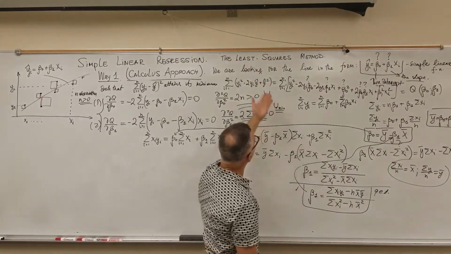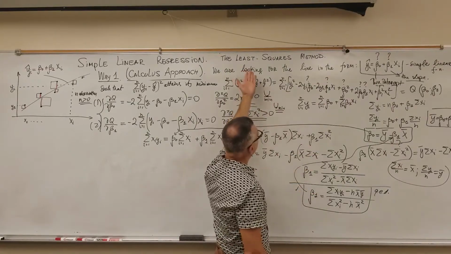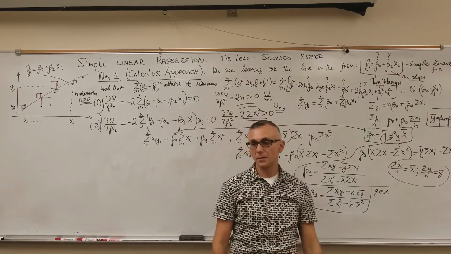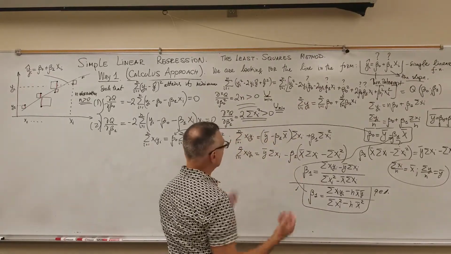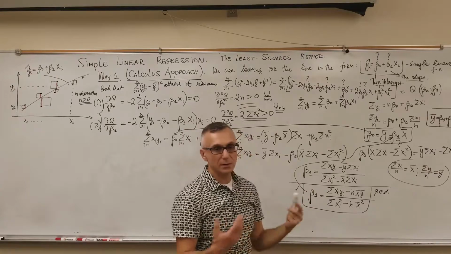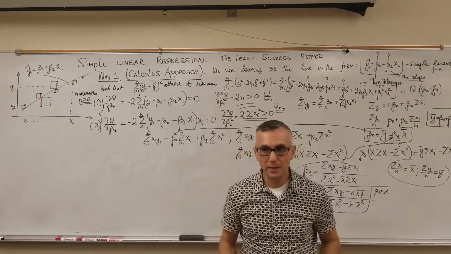And this will be the line of best fit, which represents the least squares approach. I just derived the formula for you using the calculus way, and if you do not like derivatives,